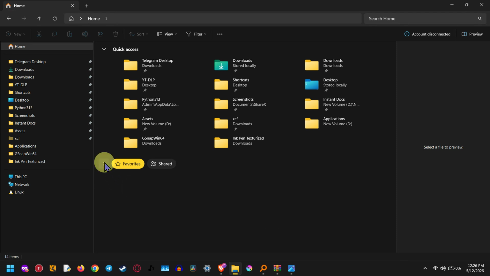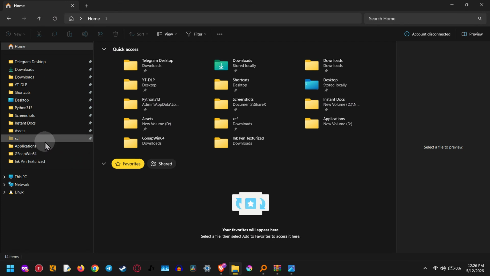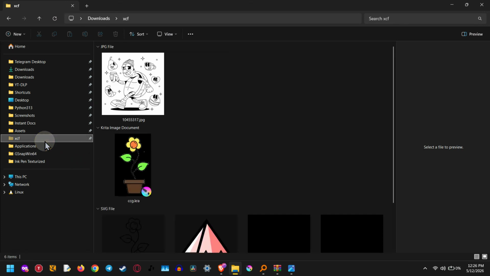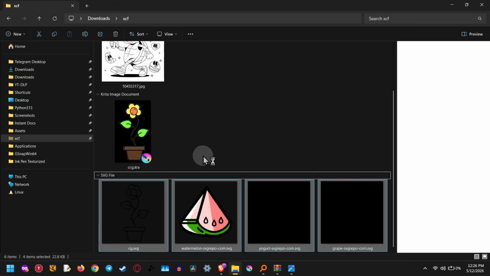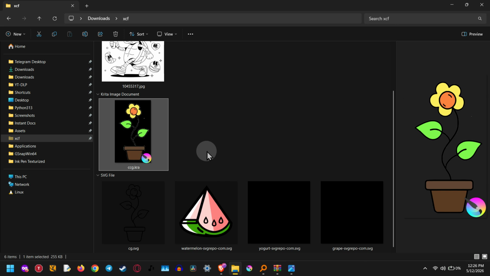Now navigate to the folder where you saved your project. If you remember the exact location, go there directly. If not, check your Downloads folder, Documents folder, Desktop, or any custom project folder you may have created. Take your time here, because Krita files can be easy to overlook if you have a lot of artwork saved